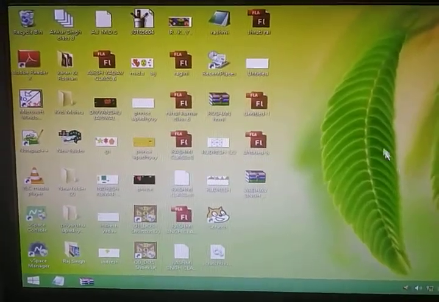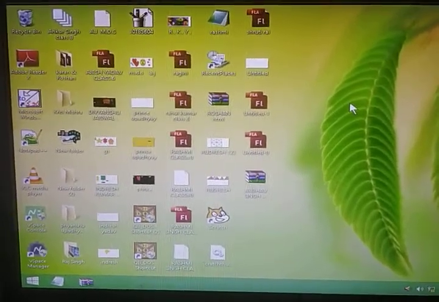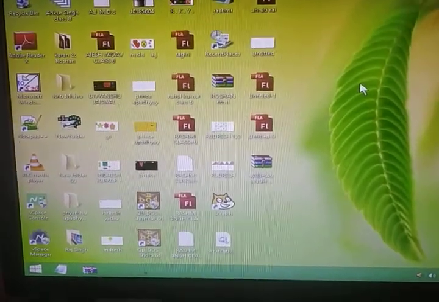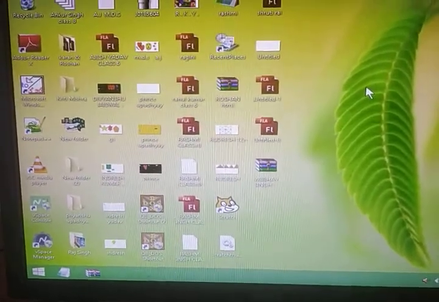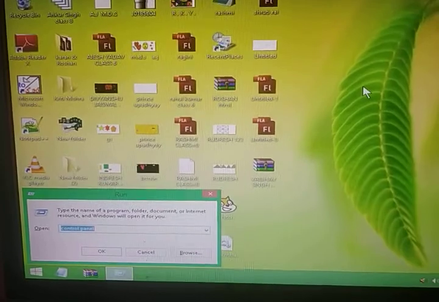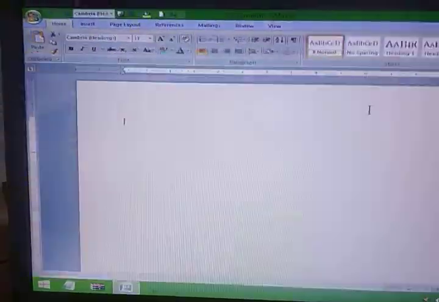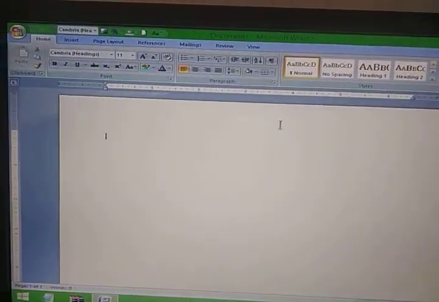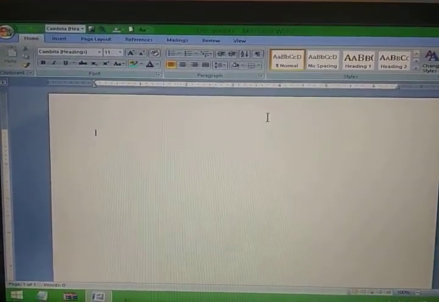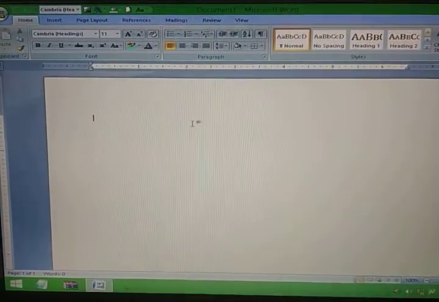For this, now I would like to give you the process of creating hyperlink in MS Word. So first of all, let me start MS Word. Okay, so this is MS Word, right? If you need to create hyperlink, first of all you have to type a text.